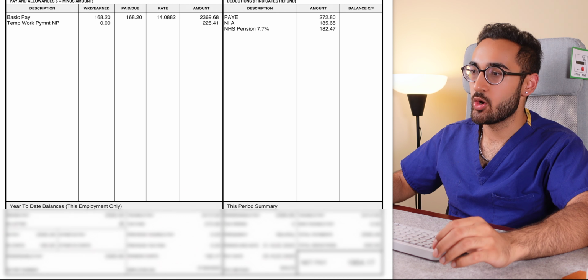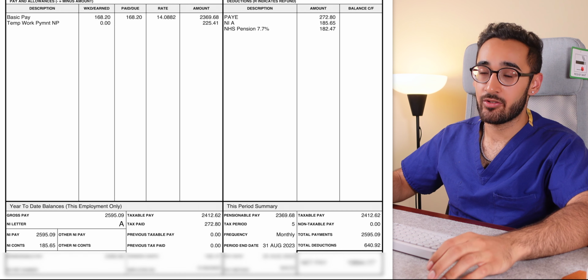So for the sake of explaining it, let's say the threshold is £1,000 of salary. If you earn £2,000, you'll be paying 9% of £1,000. So the difference between the 2,000 and the 1,000, not the overall salary that you earn. My total deductions worked out for this month to be an incorrect